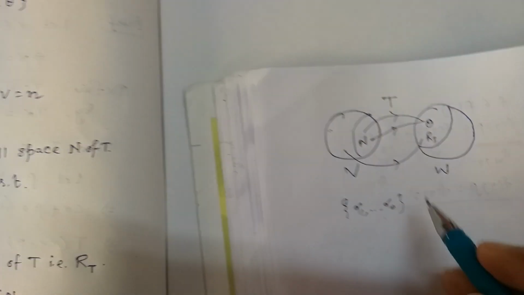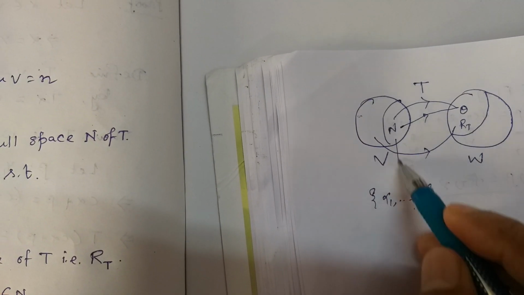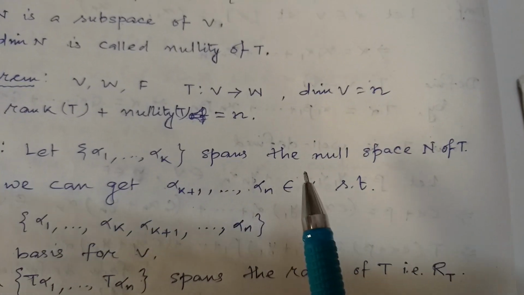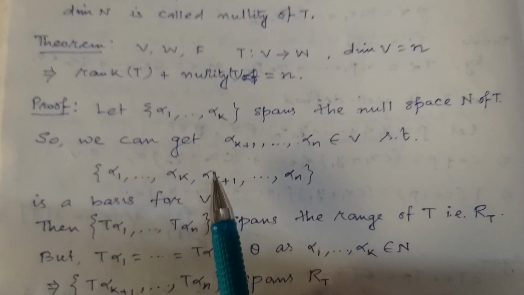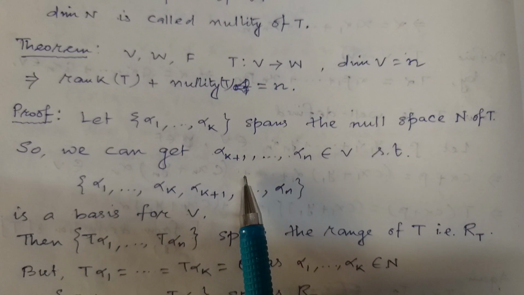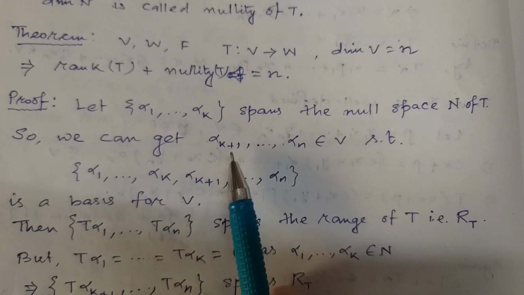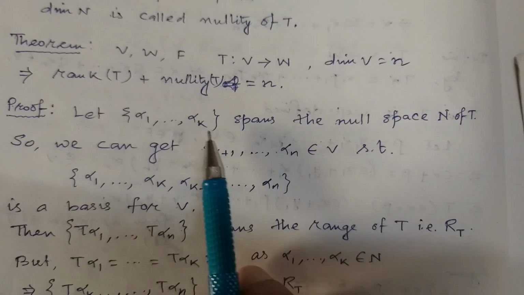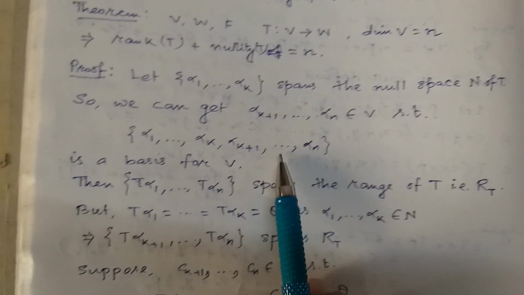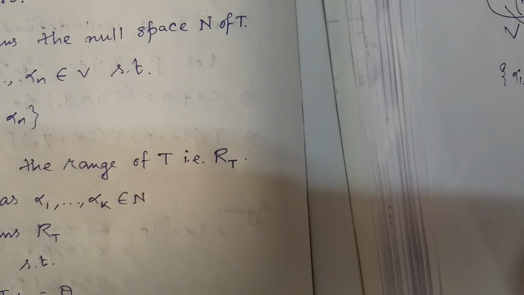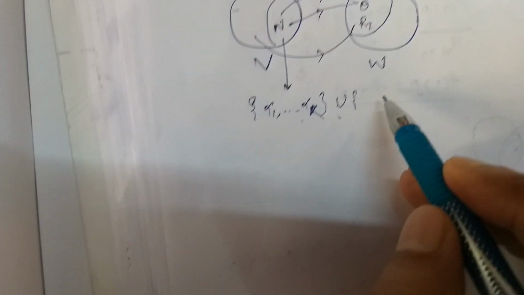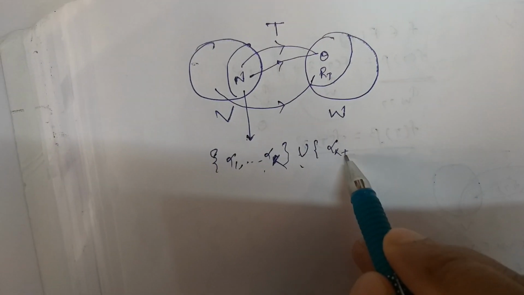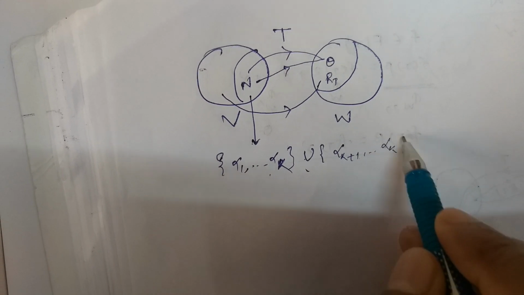This is a spanning set, sorry, alpha k, this spans the null space N of T. Now by the extension theorem, since the dimension of V is n, we can get alpha k plus 1, ..., alpha n, adding one by one to this spanning set, which spans or which is the basis for V. So with this we will take the union with alpha k plus 1 to alpha n, and that will be the basis for V. Okay,